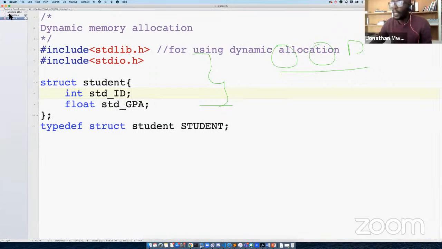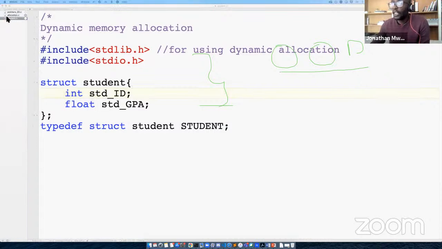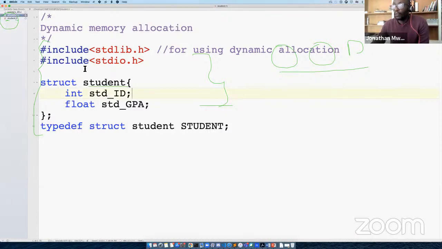And if you look at it here, if you come closer, you'll see allocation.c is a .c file. And this one now is called a .h file. It has an h next to it, and there's a c next to this one. So this is a .c file, and this is a .h file, a header file that I can include in my things. So now I have all these materials, stdlib, stdio, and the struct that I've created, saved elsewhere from my main file, which is this one.